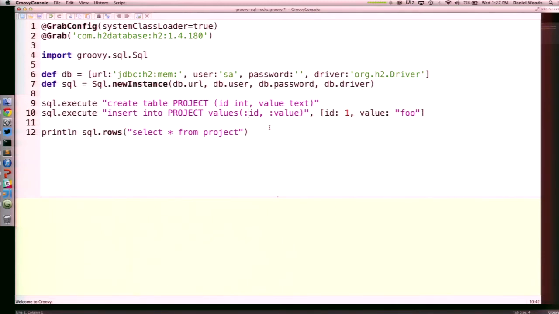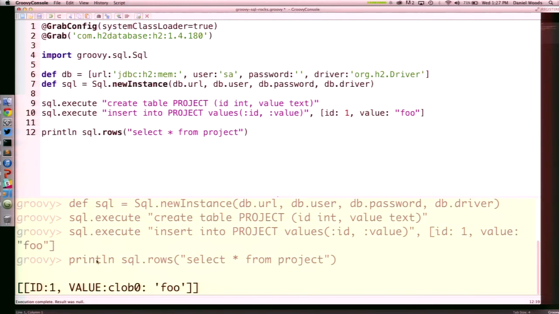This is the only way to directly interact with databases. If you're not going through an ORM, or if you're not using GORM or something like that, and you just need to make direct calls, and you have Groovy at your disposal, please do this. You'll save yourself a lot of headaches. Then when we're ready to get that data back out, we can just tell it that we want to select the rows based off of this call, which will return us basically a collection of the details that are there. If we run this, you can see, of course, we got back a map of data, and it was the exact data that we had bootstrapped, right?